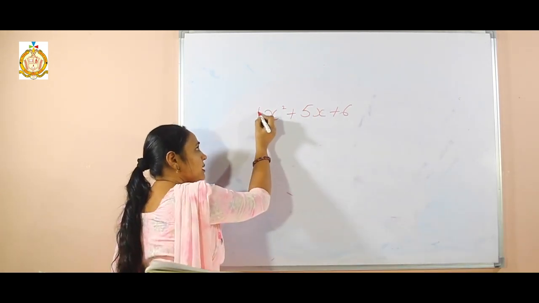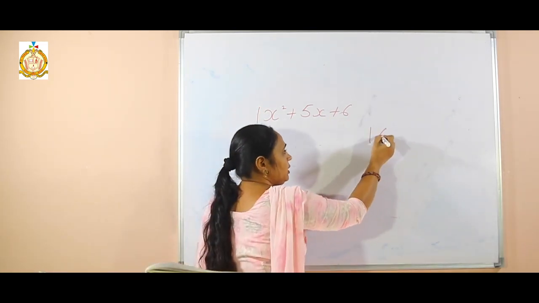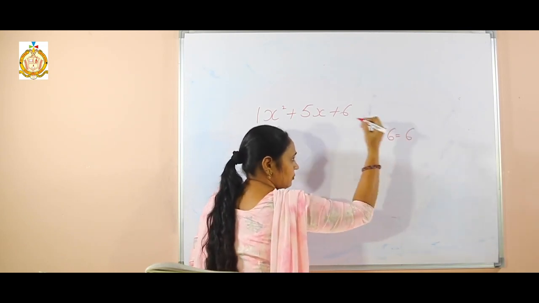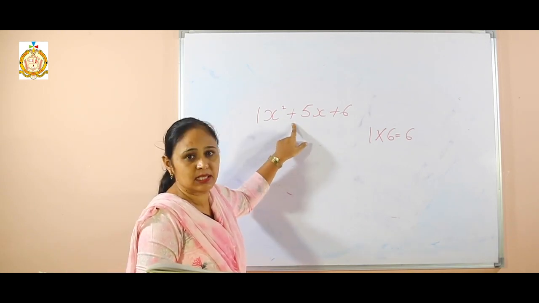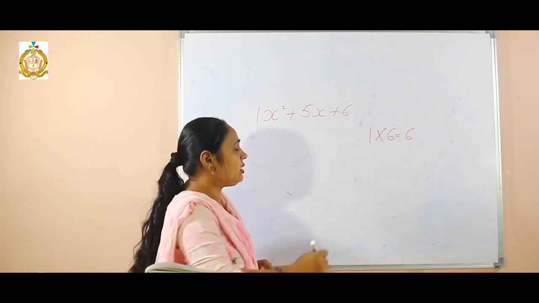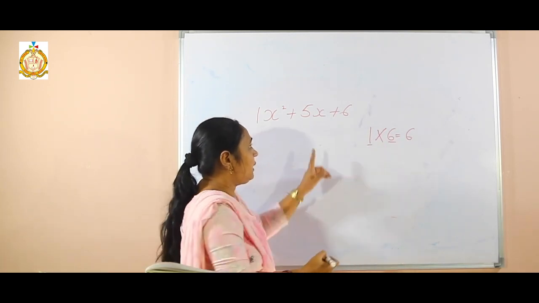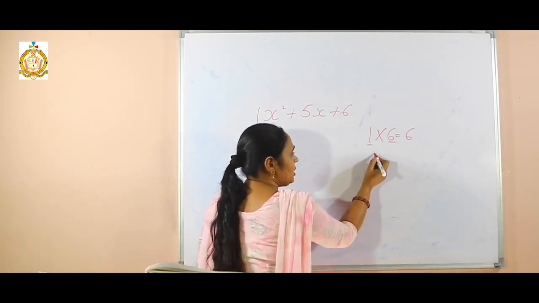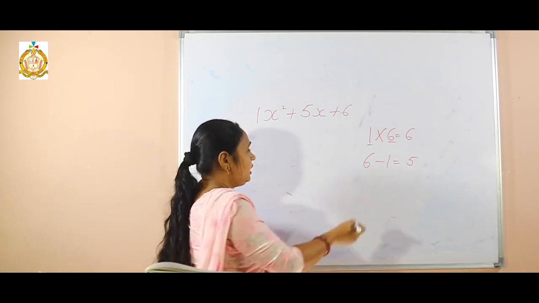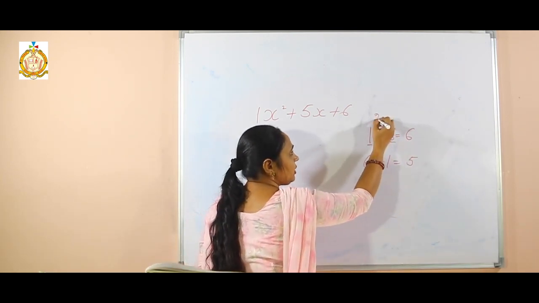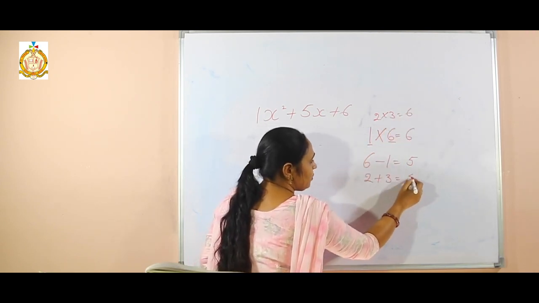First value, there is number 1. And the last value is 6. First I multiply it: 1 multiplied by 6 is 6. In between I need 5. But the sign is plus, all the signs are plus. You can say I write here 6 plus 1. If 6 minus 1, it becomes 5. Okay, I take it, 6 minus 1 also becomes 5. Then if I take 6, other factors are 2 and 3, which make 6. If I take 2 plus 3, it also becomes 5.